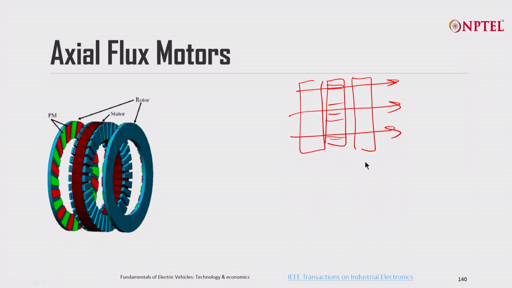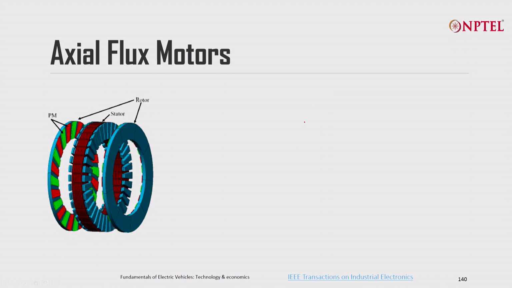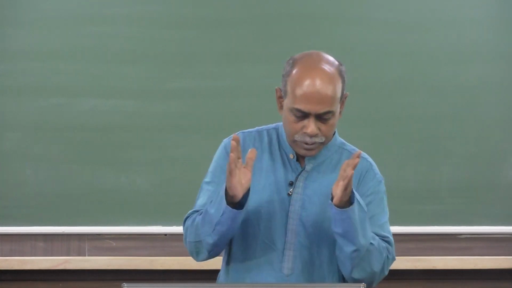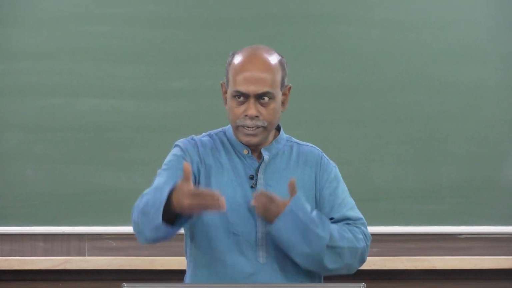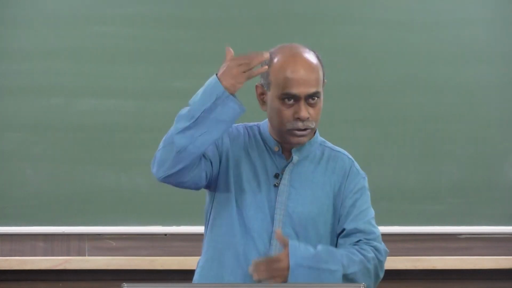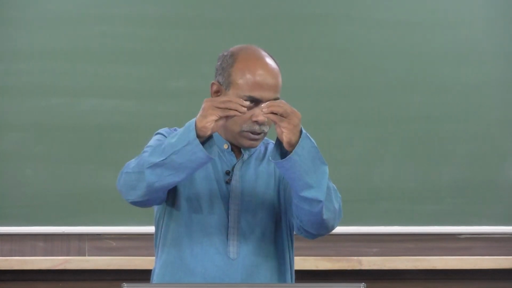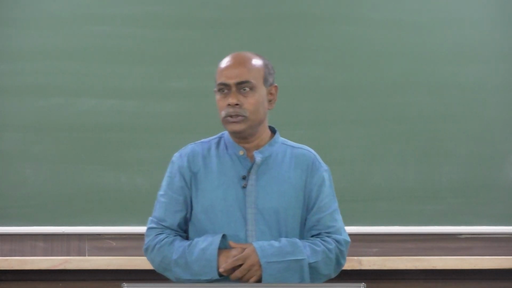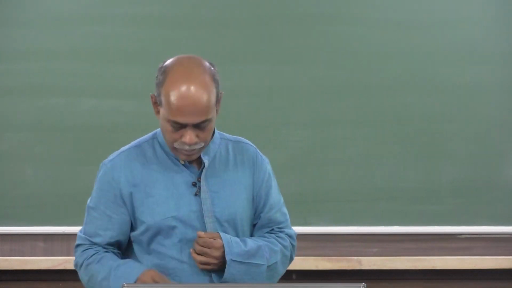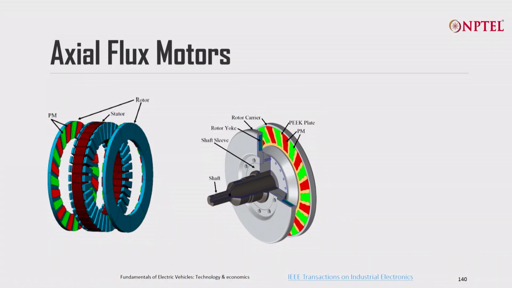So, this architecture is nice because the axial length of the motor can be very low, and I can make the diameter high instead, and one advantage of making the diameter high is that I can get a much higher torque, because whatever is the force multiplied by radius is the torque. So, I can get high torque with low RPM without using a gearbox in between, and there are a lot of challenges, particularly in the mechanical and thermal design,